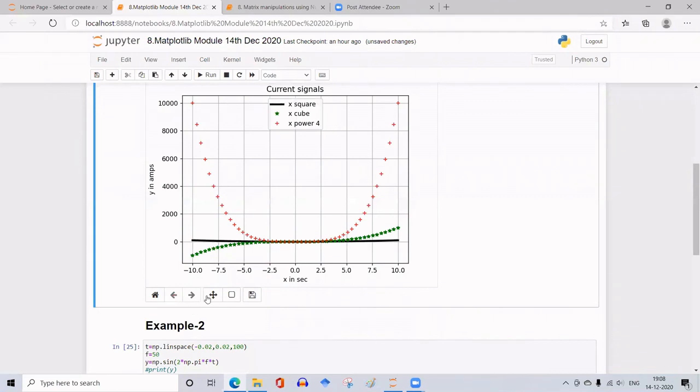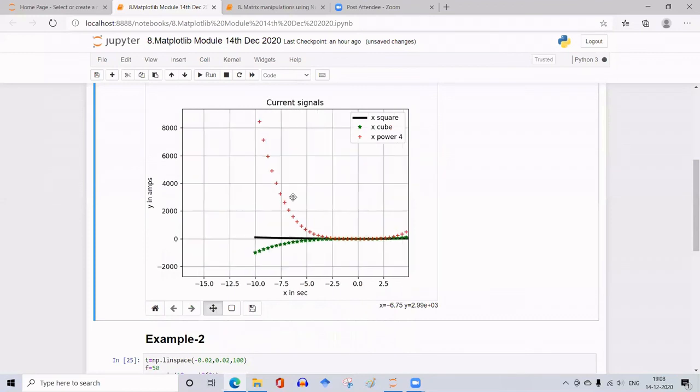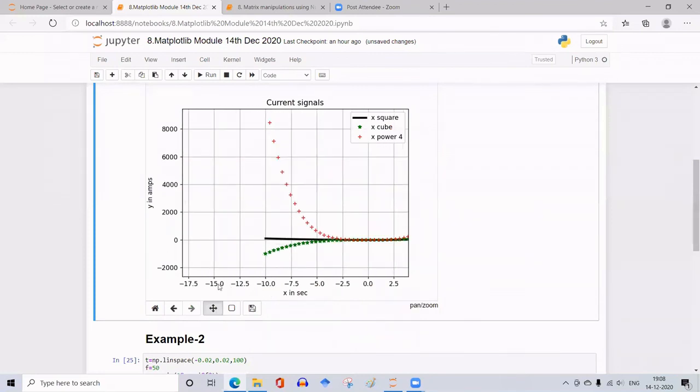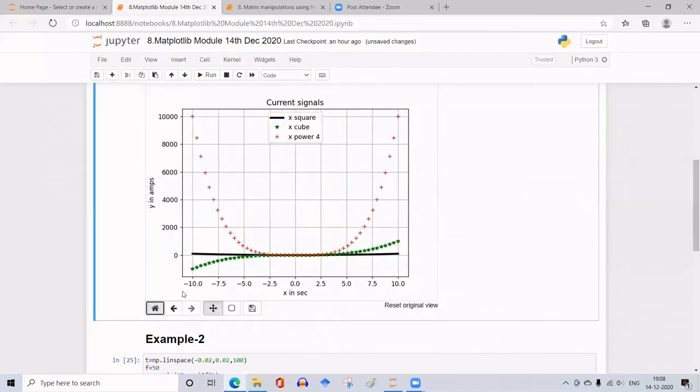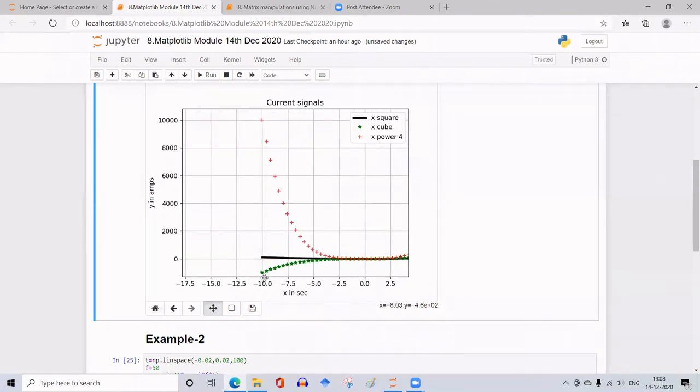So you can shift left, right, or you can pan this graph. As you pan it, you observe here the X and Y axis markings also get modified. Previously, in the original plot, it was from -10 to +10. So if I move it, see it has increased. So that is the interactivity of this graph.